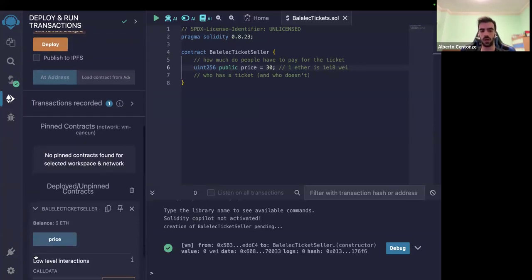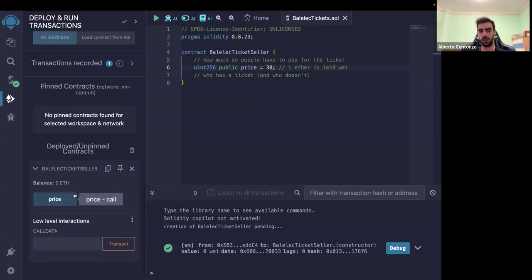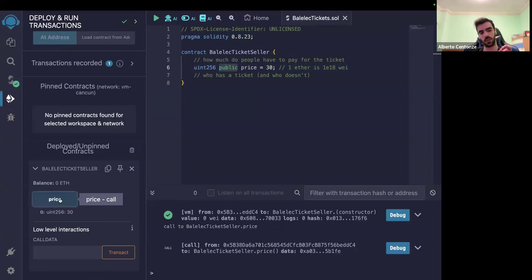Now I have a deployed contract, and I can interact with it. Making the price public really allowed me to have a public getter for the value. I can click here and I'm calling a function, and the function is just giving me its value.